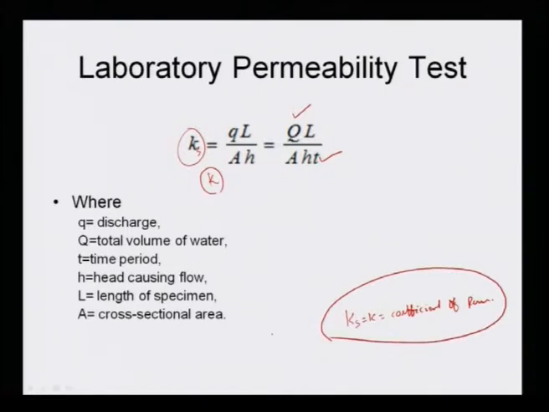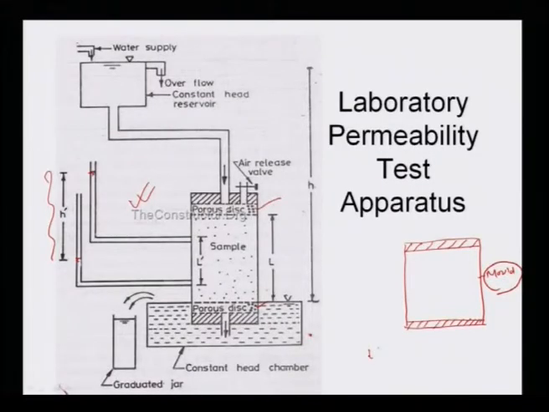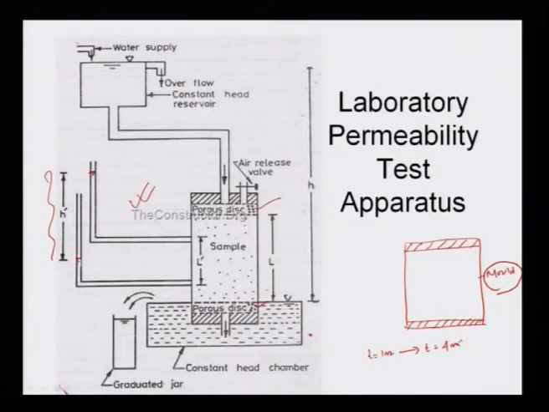Now, this total volume of water, can you measure it, how much volume is passing through this? Yes, I can measure. How will we measure? Look here, the water passes through and is collected in a graduated jar. You take a stopwatch and allow, suppose, time t equal to 1 minute. Initially you start, then with this stopwatch take time t equal to 4 minutes. In a 4 minute time interval, collect the water and see how much water you are collecting.